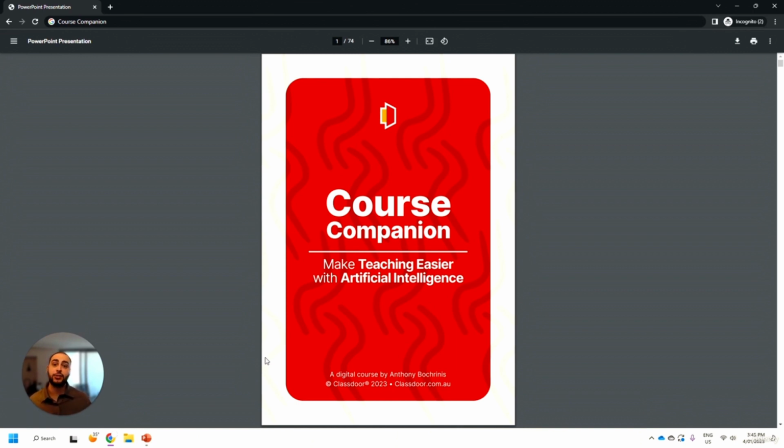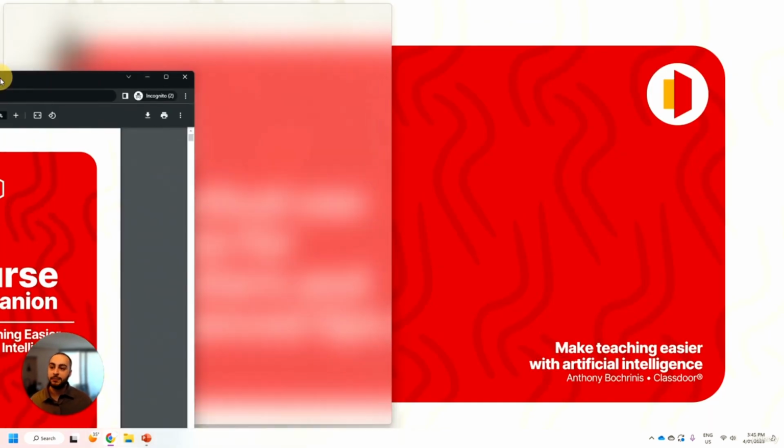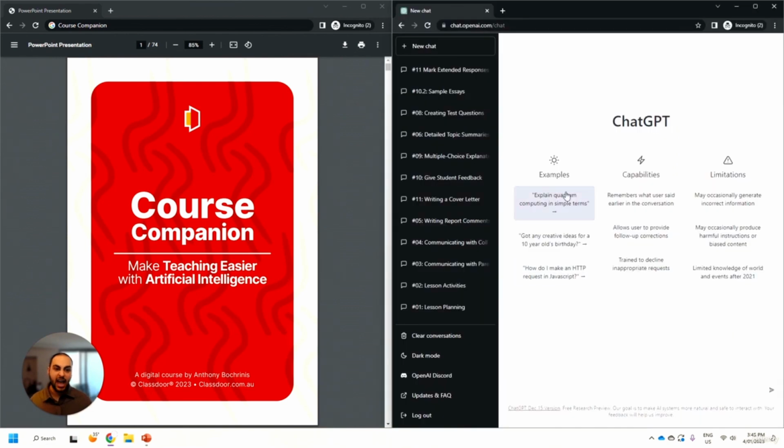And my best advice to you as a teacher for when you're using this on a day-to-day basis is open up the PDF after saving it onto your computer, or even print it out and have it next to you on your desk. But if you're using it on a device, simply drag it over to the left-hand side and have ChatGPT, which is going to be the AI tool that we're going to use for the majority of these practical cases, on the right-hand side. That way you can reference information and put it straight into content creation mode simultaneously on the one screen.